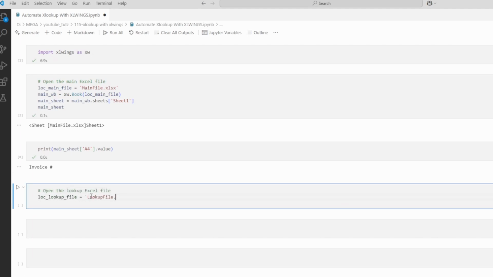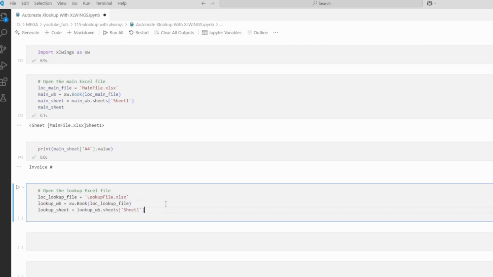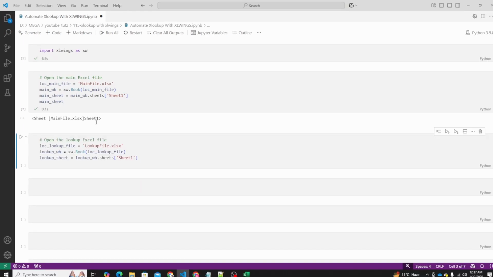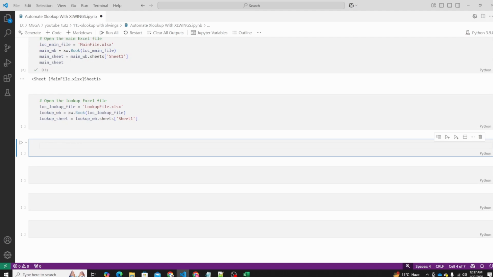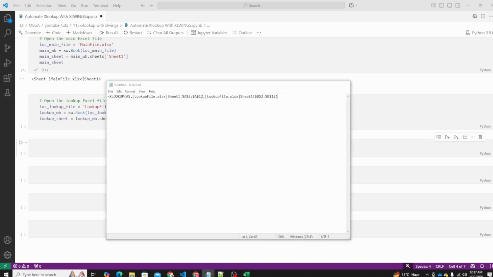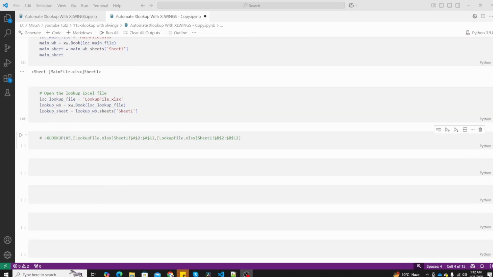So first we open the second file and then we load the sheet 1 inside of lookup_sheet tab. Great. Let me remove this cell and let's keep going. Alright, so I'm just going to paste the formula we created here. So the next thing we need to do is replicate this formula from Excel version to a